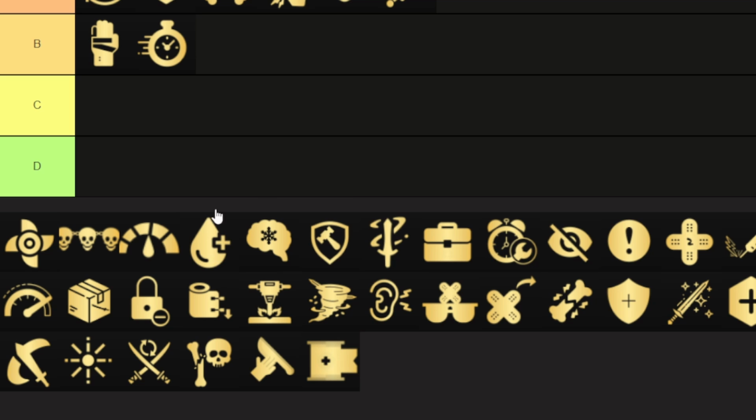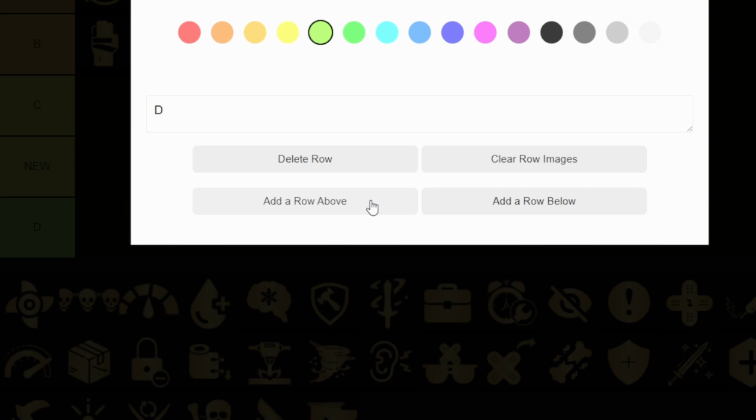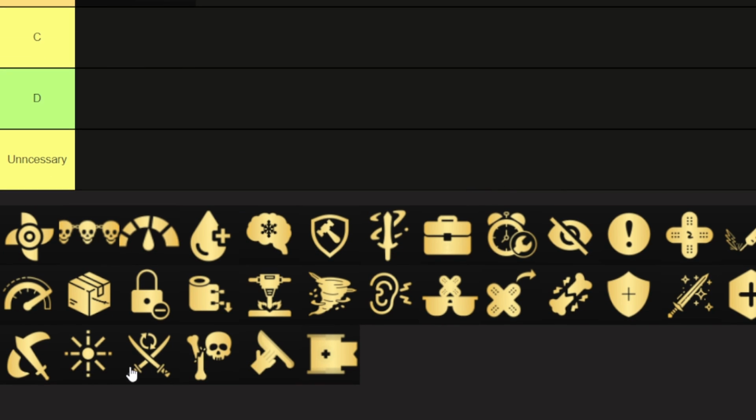Now I'll go into things that you just don't need. I'll actually add a tier below. Add a row. No, not above. Whatever, I'll just move it down. And I'll name it unnecessary. I can't spell today. Unnecessary. So then things like